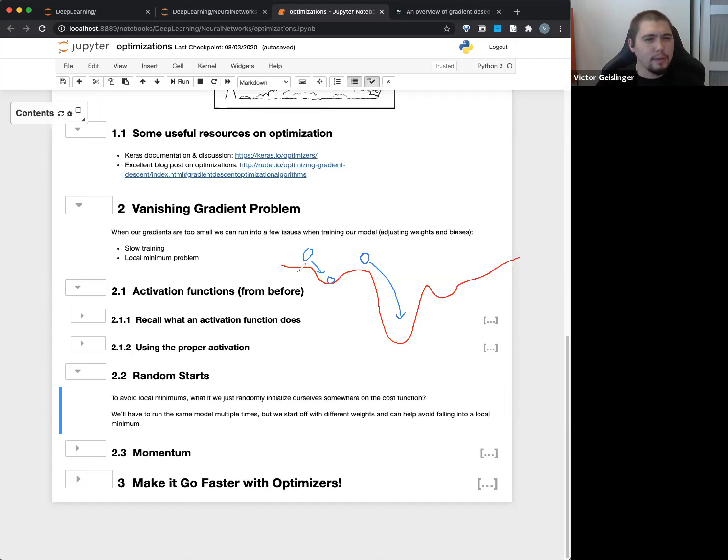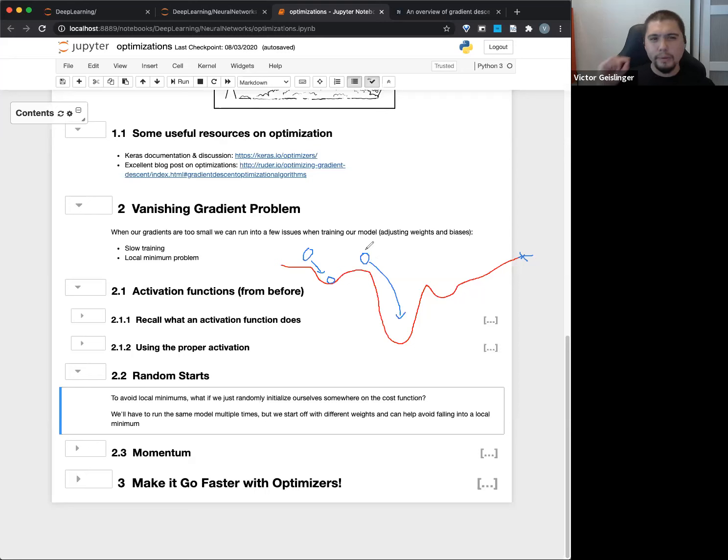And can anyone tell me what this red surface represents? The loss function. Exactly, it's the loss function. Sometimes you'll hear people say cost function and loss function interchangeably. Technically it's the cost function; loss is technically how it's changed, but don't worry about it. It's really the same thing. It's basically the parameter space: if you had the parameters in this space, would you get a smaller loss? That's what this represents.